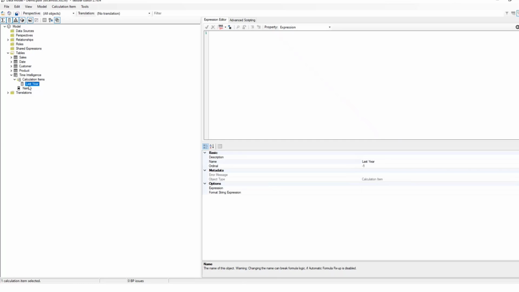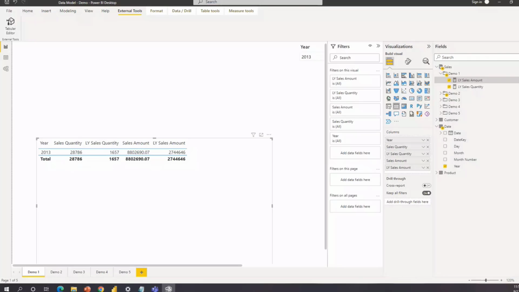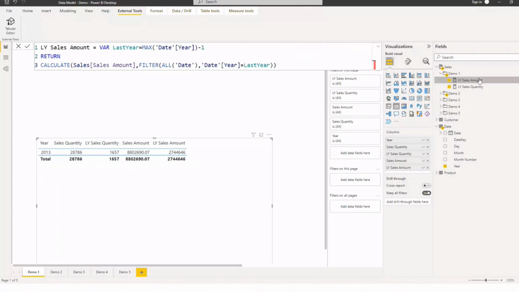Now, inside this particular calculation item that we created, we want to make sure that we store the repeating logic, right? If not, it's not going to work out. For that, firstly, we need to understand what our repeating logic is. We went through this previously as well. So our repeating logic is typically everything that appears here except this base measure. You can see that